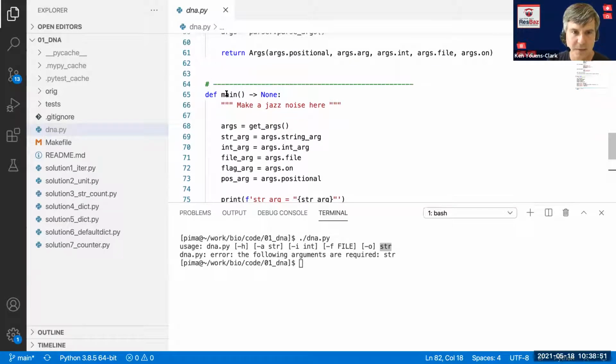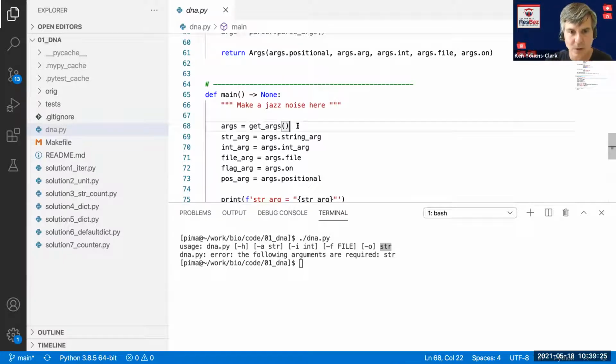So what's going to happen is that the program starts in main. And I've added type annotations. If you've never seen this in Python before, this is what it looks like to define the arguments and the return type of a function. So this main never takes arguments. If there were arguments, they would go here inside the parentheses. And this main doesn't return any value, so I'm using the special value None to say that nothing will come back from this.